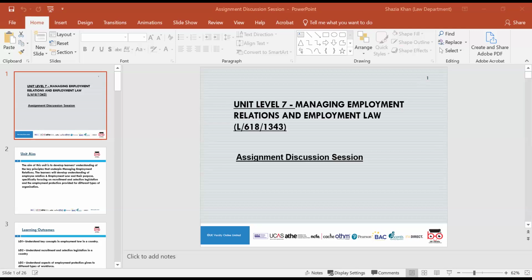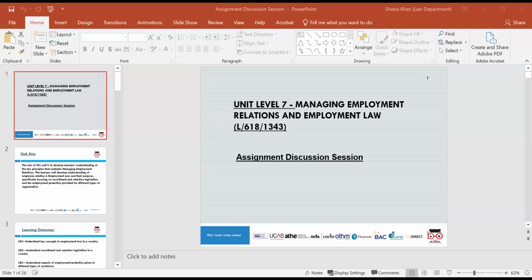We then looked at examples of terms that are implied into a contract, including things like the duty of mutual trust and confidence, the employer's duty to provide a safe system of work, the right to a minimum period of notice, and equality relating to the pay of women and men. And we looked at the UK legal position in regards to employment law and looked at types of contracts.